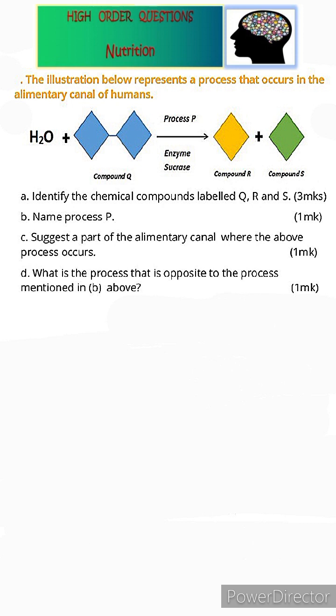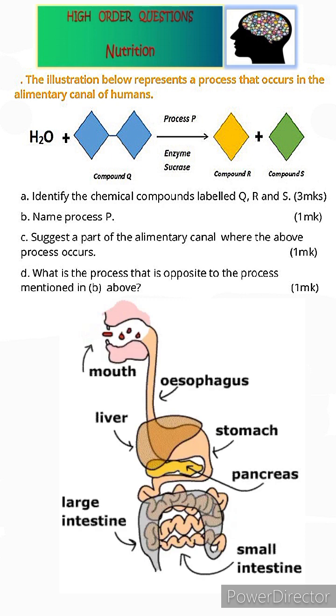The illustration below represents a process that occurs in the alimentary canal of humans. So the alimentary canal is simply the pathway through which food enters our body and leaves once digestion is complete. It's composed of several organs. We have the mouth, the esophagus, the stomach, the small intestine, the large intestine, the rectum, the anus, and so on. Now, this process can occur in any of the parts that I've mentioned,